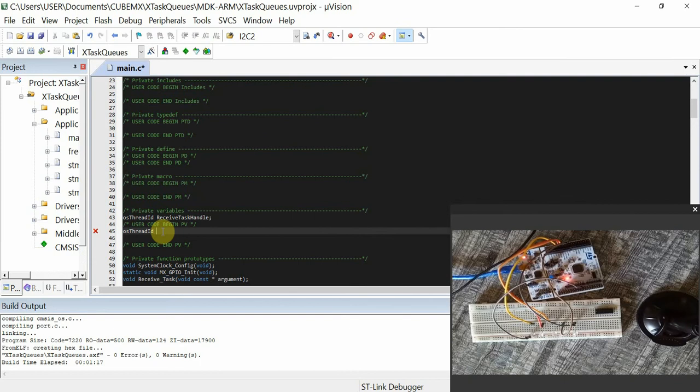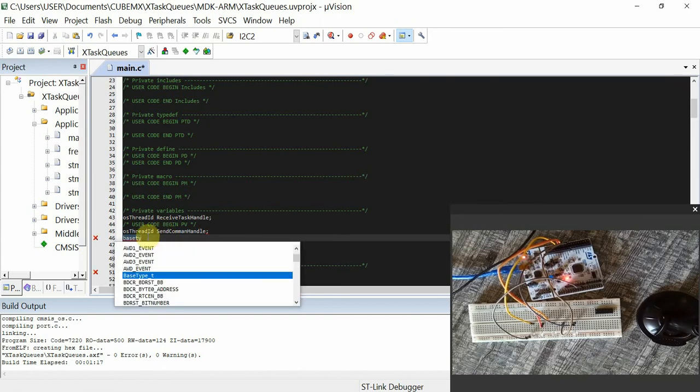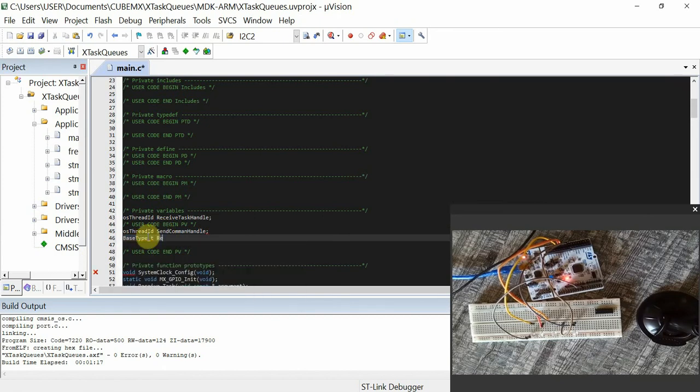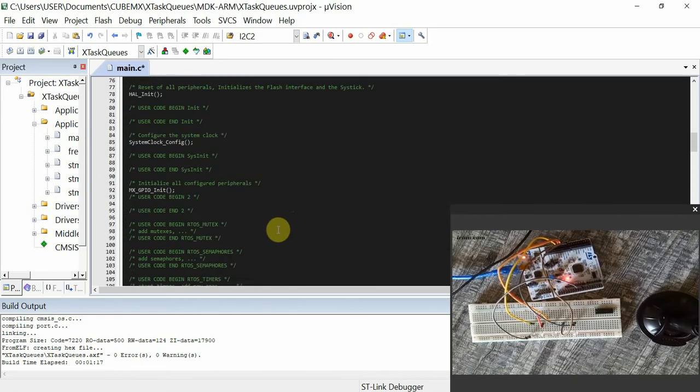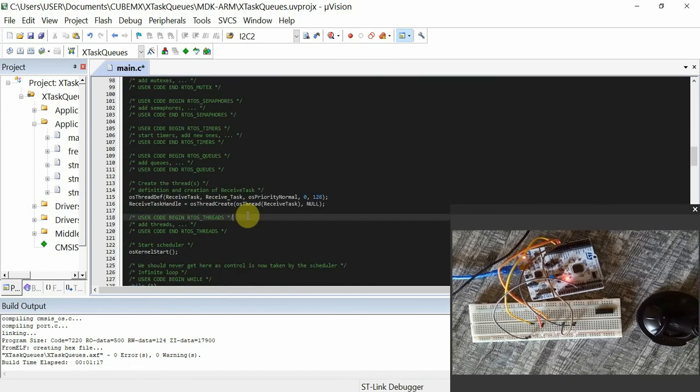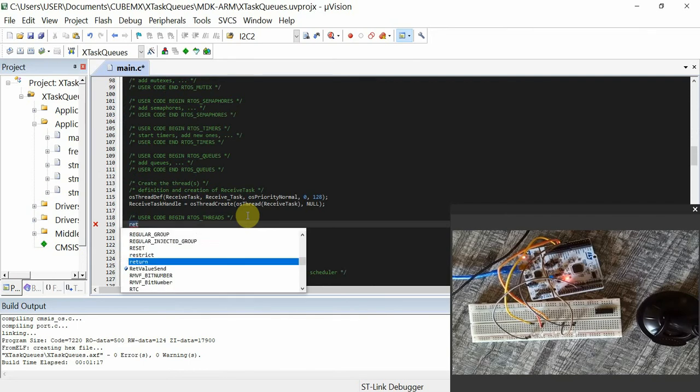So this is the send task, send command handle, and then we can also have a variable of base type for the return value of the send function. So for the send task, go to user code begin FreeRTOS threads, and I'm going to have this return value of send